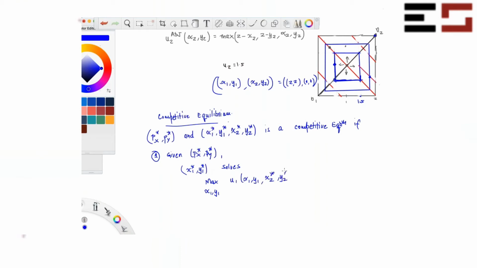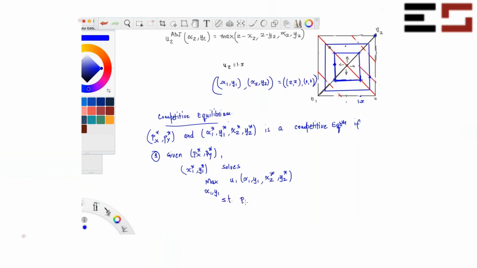He takes x2 star, y2 star as given because it is not in individual one's control. It is something that the other individual chooses. So he takes this as given and figures out his best response by maximizing his utility subject to the budget constraint,